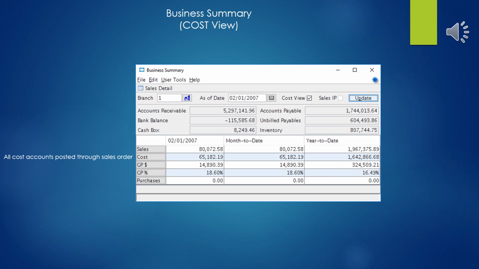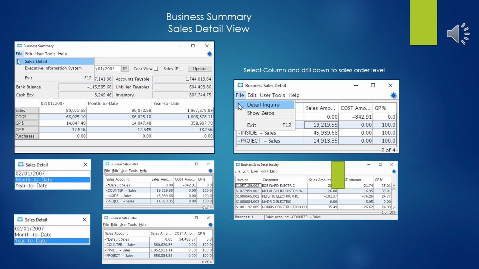Here's the same report, but with the cost view checked. And as we can see, some of the numbers have changed slightly, but not substantially. I think probably leaving it in COGS view is probably the best and most accurate for most cases, but don't quote me on that. You can also run a sales detail, and this will break out according to sales area,